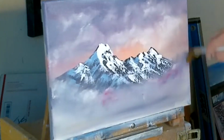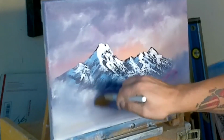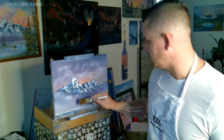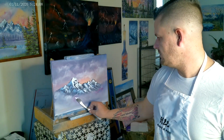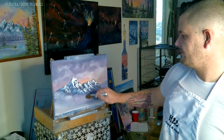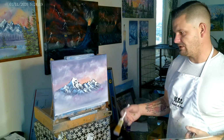Okay. We got all these colors of our sky down into our fog. Who knows, that might be a little bit too much crimson in that spot, so we'll add a little bit of blue. Just mix it up. Still not where you want it, add a little bit of white. Just mix it. Just disturb the paint. Now we got this cool kind of mountainy, this mountain is just kind of floating out there in the middle